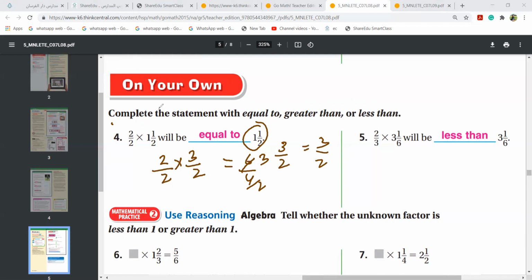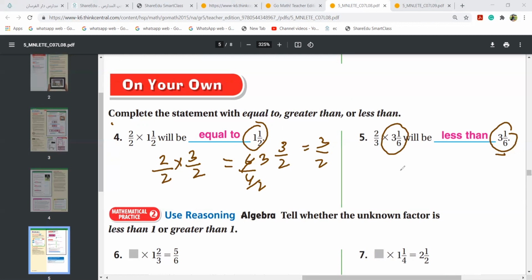Now girls, see, both are same. 3 1 over 6 and 3 1 over 6. These are same, right? If I take 2/3 of 3 over 6, of course it has to be less than. You don't even have to solve, girls. This is a logic question. Again, I show you 3 1 over 6 and 3 1 over 6.